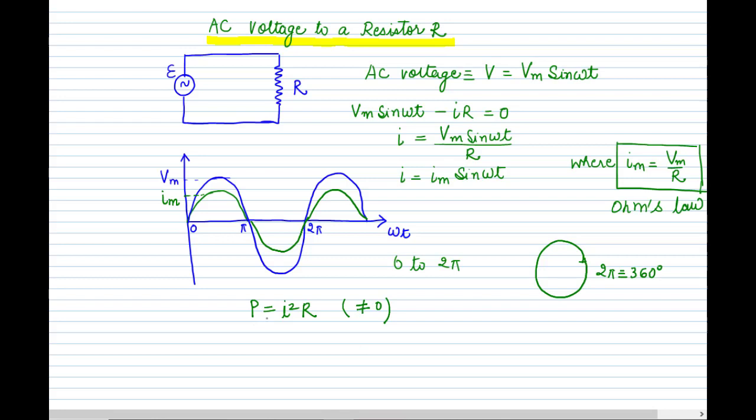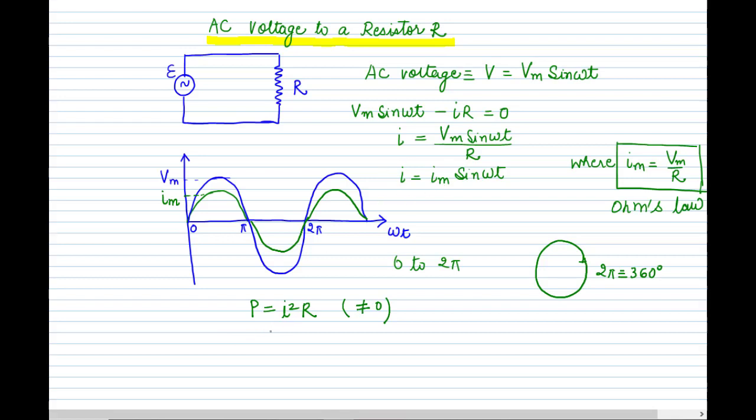So the Joule heating is also given by the same value, P is equal to I square R. So there is also a Joule heating produced, and Joule heating is simply the dissipation of electrical energy. Whatever is the electrical energy, it is getting out in the form of heat energy. So whenever our alternating current passes through a resistance, then there is a Joule heating and the dissipation of electrical energy.